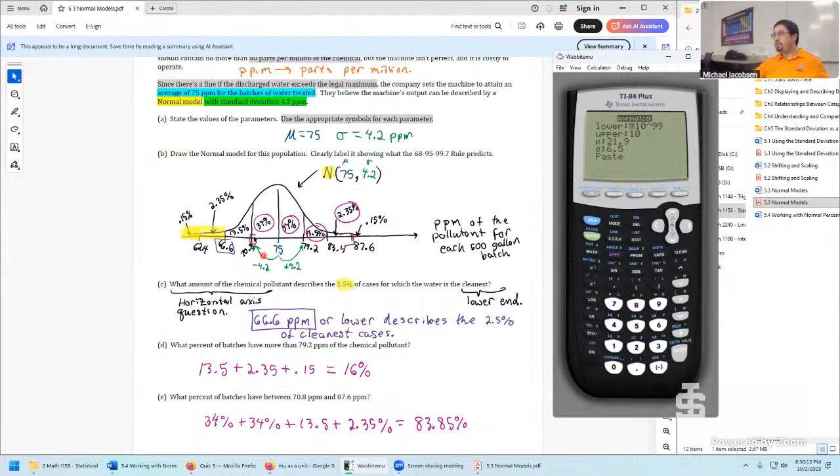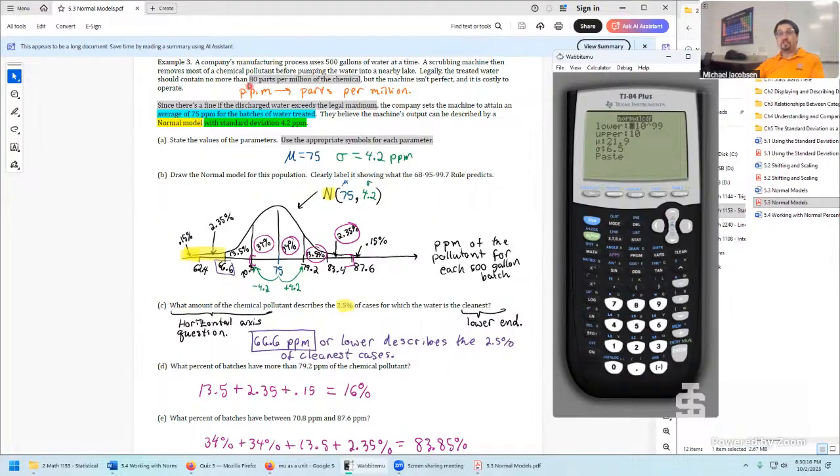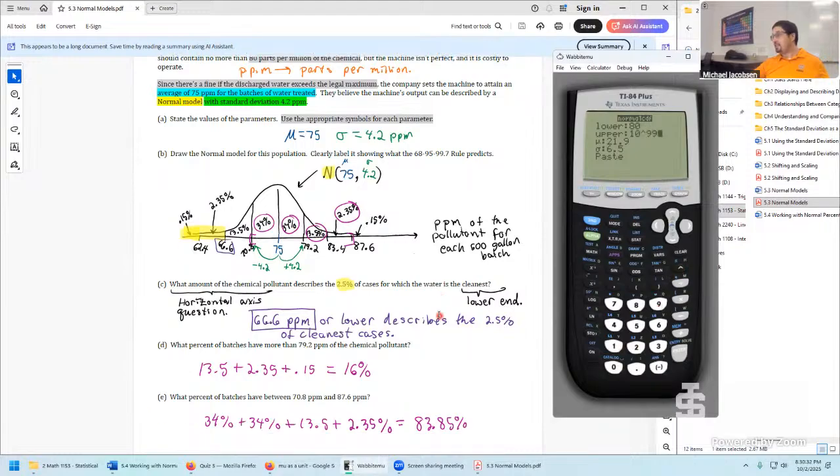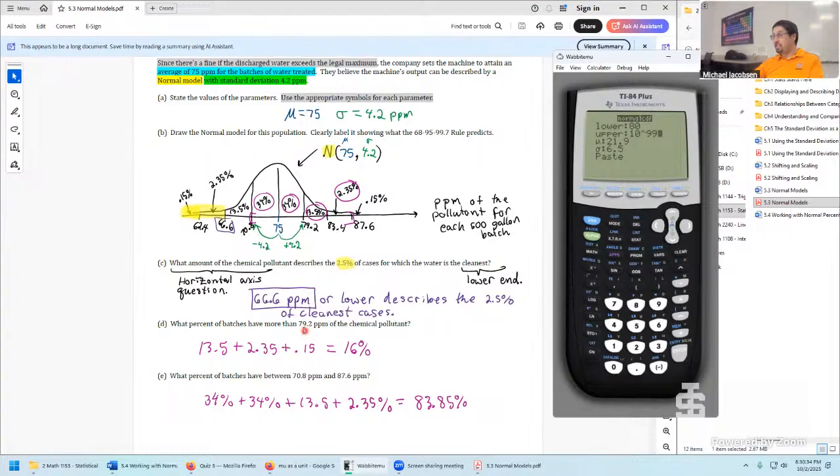But what we really wanted to ask is, what percent of the time are these batches of 500-gallon waters in violation? More than 80 parts per million. So that's going to be our lower bound, 80 there. Upper bound is going to be 10 power 99. So essentially what we did here, like you were mentioning, we added up those three percentages. What we would have done in our new section is just shaded to the right and put 80 down right there. Then we update the mean to 75, standard deviation to 4.2,